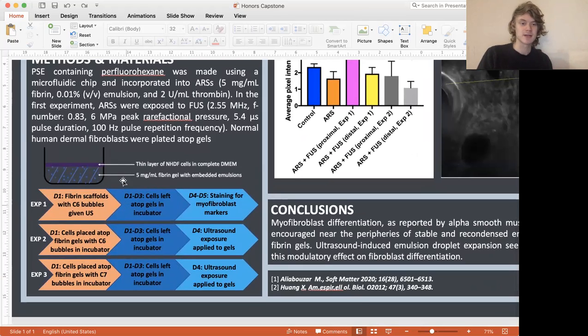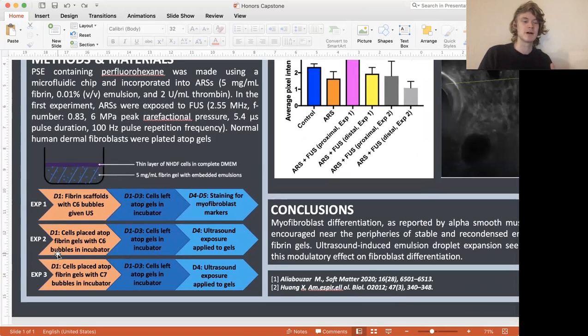In the first one, I put perfluorohexane inside of the emulsion bubbles. I hit the scaffolds with ultrasound and then layered the cells on top, waited a few days, and then stained for myofibroblast markers. The second experiment sort of accounted for a possibly pernicious effect